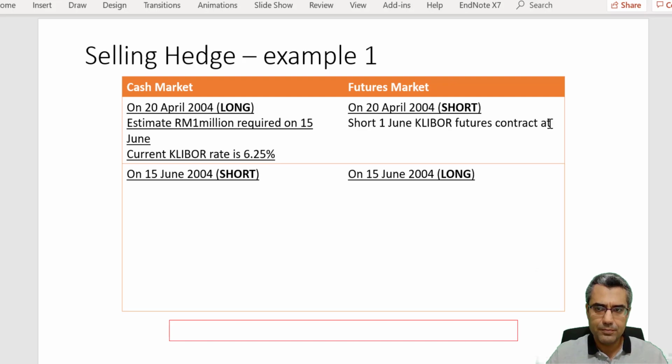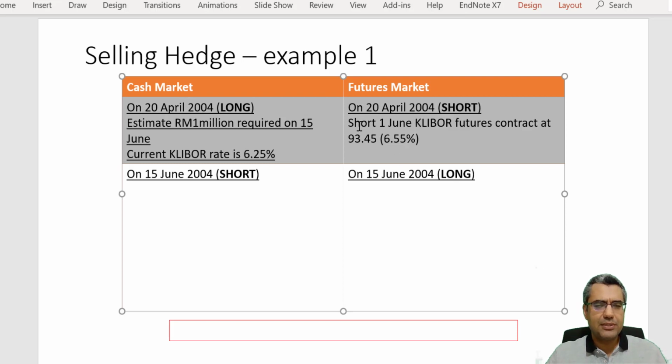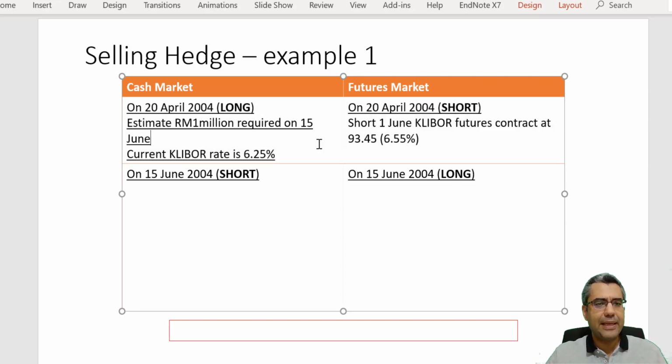93.45. This means that the interest rate is 100 minus 93.45, which is 6.55%. So the futures contract is, you can sell it now in the market at this price already given to you in the question. So you already completed what you have to do today, and then you go home and just